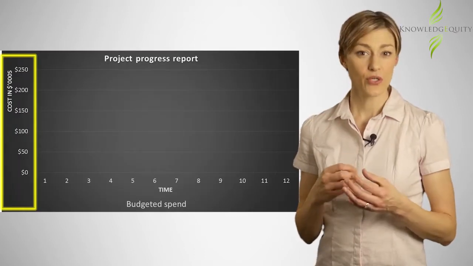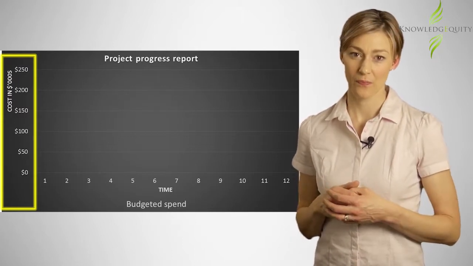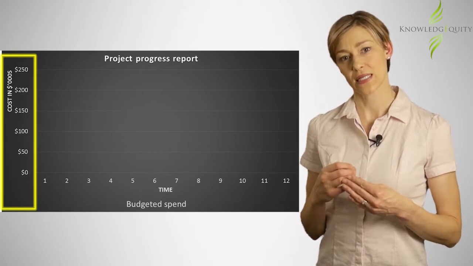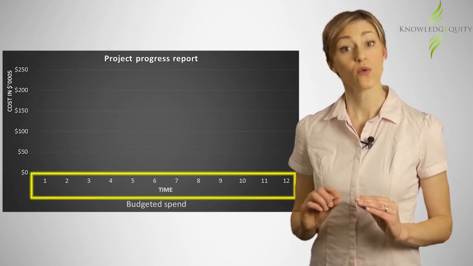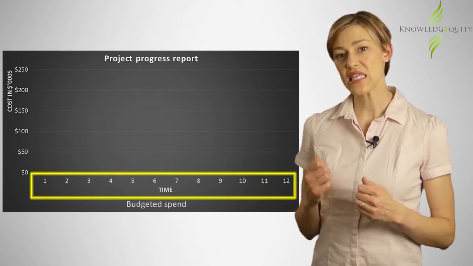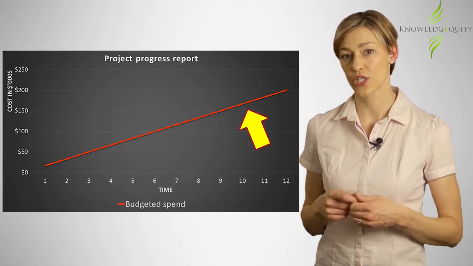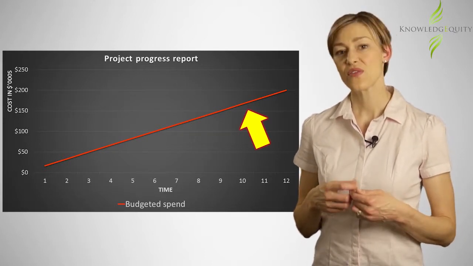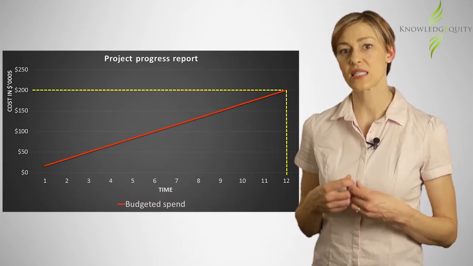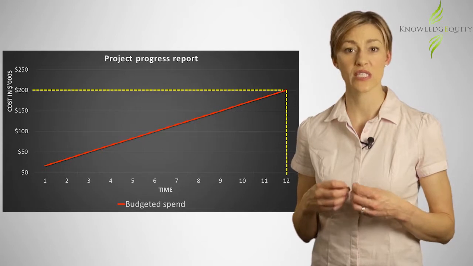We can use a project progress chart to visually see what these two variances look like. On the vertical y-axis, we have the cost, and on the horizontal x-axis, we have time. In this chart, you can see the budgeted cost and time for the entire project of $200,000 and 12 months. The end point of this data line is the scheduled completion time and total cost according to the project's original